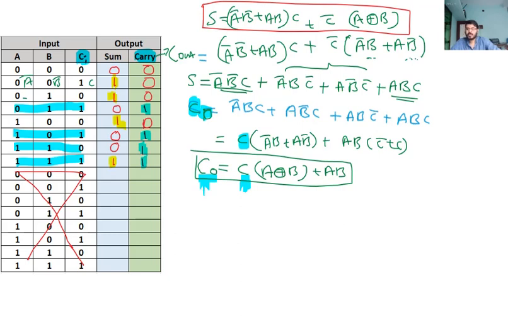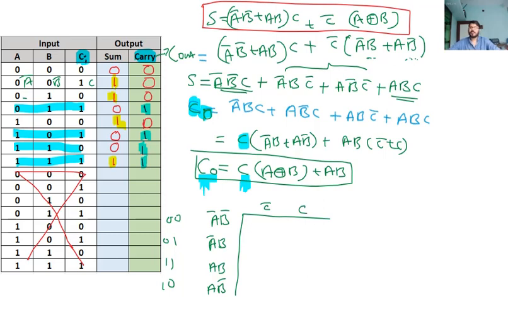Now in order to make a circuit, let us simplify these expressions further. So let us consider the K-map for carry. First I am starting with carry, then we will move on to sum. So here we have a three variable K-map. So this is our K-map. A complement B complement, 0 0, 0 1, 1 1, 1 0. So A complement B, A B and A B complement, C complement, C.